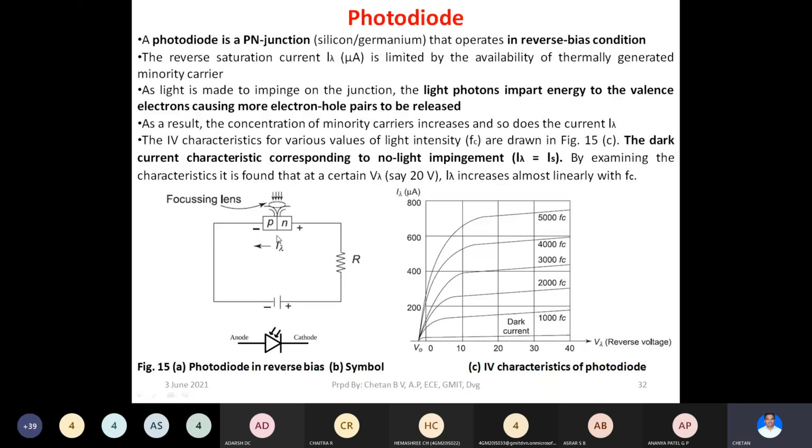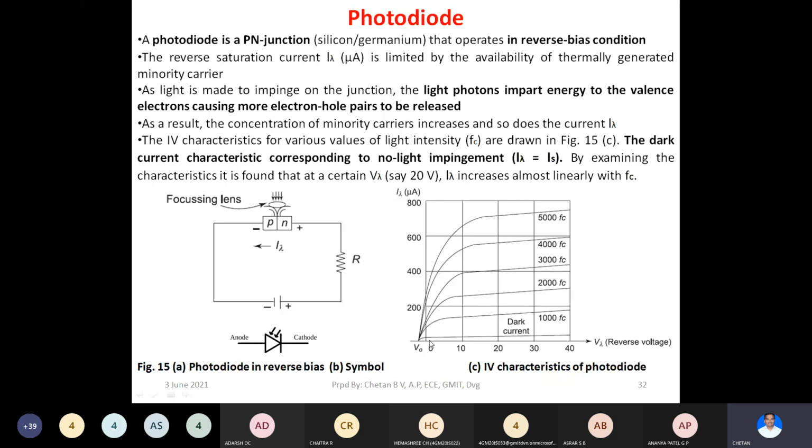The magnitude of that dark current is very small, as indicated in this graph, right? Next, you can see a light intensity of around 1,000 lumens. So it is FC, indicating light intensity. As the intensity increases, you can also see an increase in the current. So the value of current is slightly higher compared to the first one.